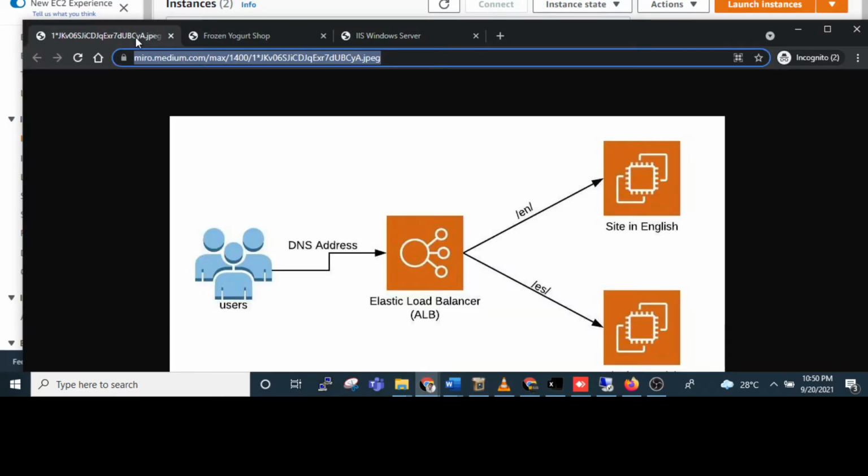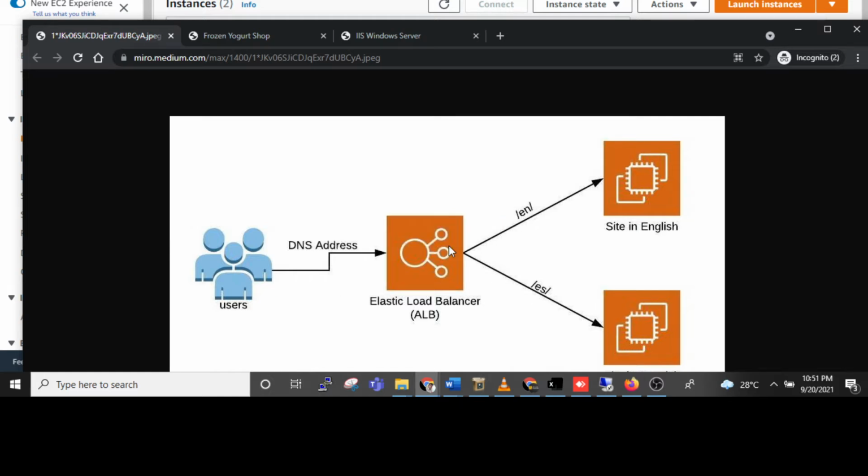I am showing you the architecture here. Suppose these are the users, hitting the URL, the DNS, and in between we need to create the ALB. This is our first EC2 instance, and this is our secondary EC2 instance. Suppose the first instance goes down. After that, all the traffic will flow directly to the secondary instance, so there is no dependency on only one instance. Automatically the ELB will forward the traffic to the secondary instance.